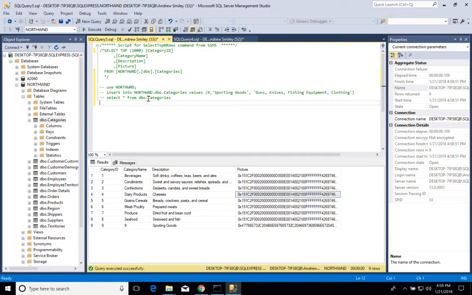So deletes are pretty self-explanatory, right? A delete is deleting a record or multiple records from a database. We are deleting whole rows at a time. We can't delete individual columns. So